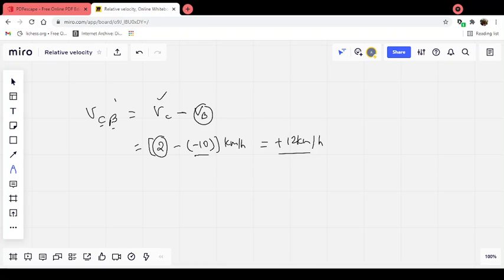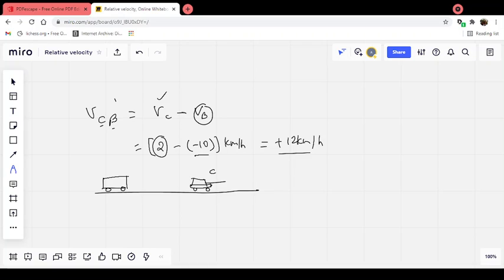So let us draw a figure and try to visualize what has happened. Try to think about what our result is implying in the real world. There is a car over here and there is a bus behind the car, and let me discuss one thing after drawing this one.